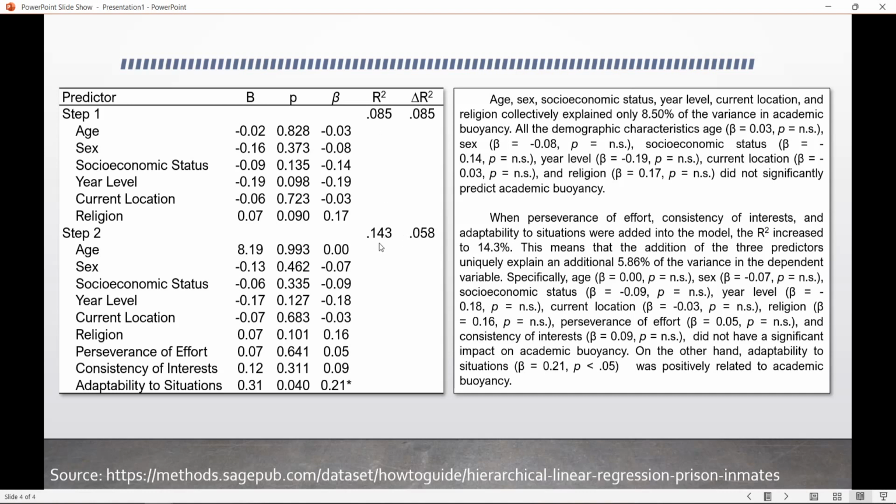Ibig sabihin, using subtraction, no? 14.3 minus 8.5, tumaas ng 5.8% or ng 0.058. Nagkaroon ng elevation sa R squared. So, pinapakita natin, upon adding the grit dimensions, nagkaroon ba ng changes sa R squared? Ngayon naman, yung explain ko kanina na na impact na yung mga standardized estimate and p-value, you can see that doon sa right up sa kanang side